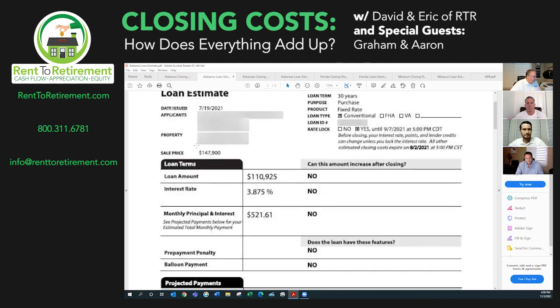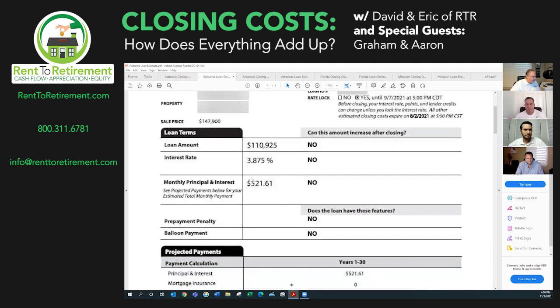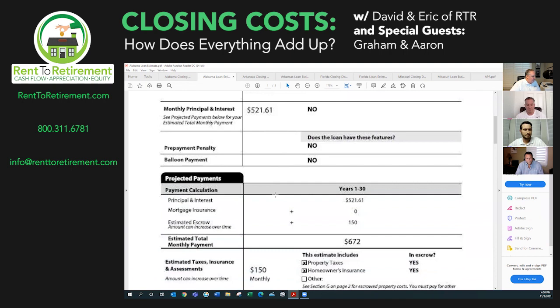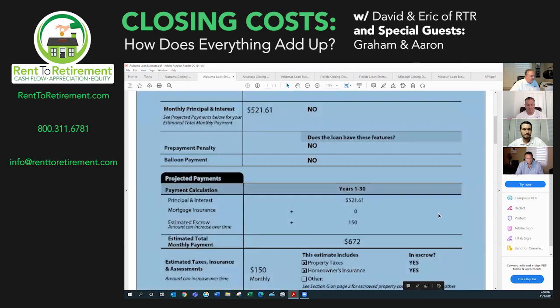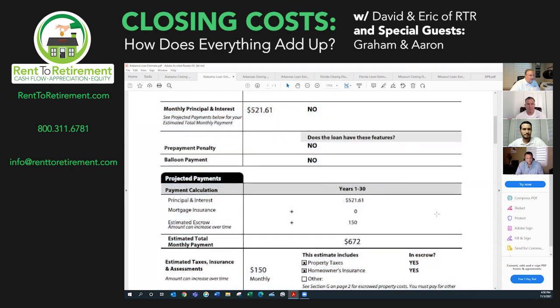So this right here is the sales price for the property. This is the loan amount for the property. This is the interest rate that was locked in, and then it will dictate just the principal and interest. It doesn't include the taxes and insurance, just that, and we'll get to that in just a moment. And as you can see, when we get down to here come the taxes and insurance, which we've determined is going to be whatever the tax bill is and the insurance bill annually, divided by 12.